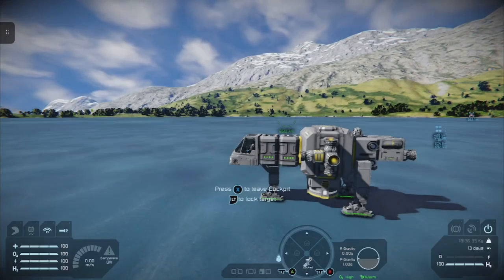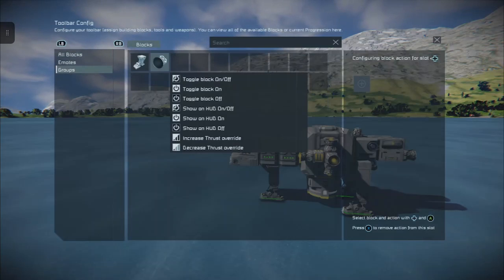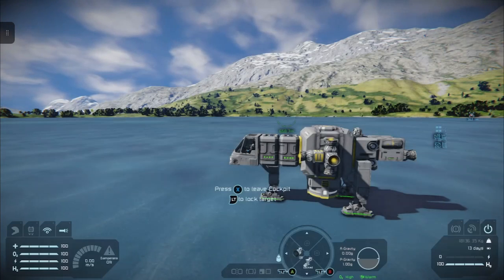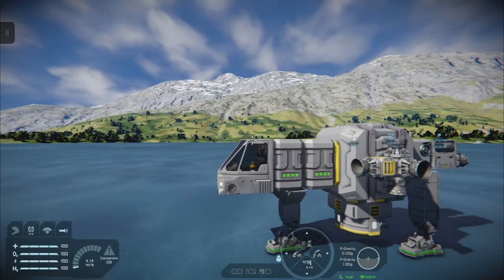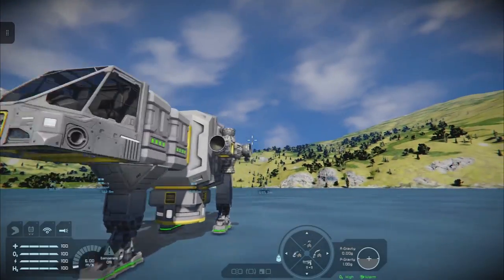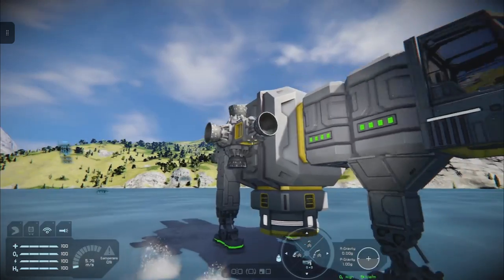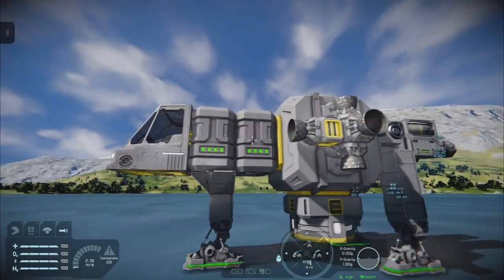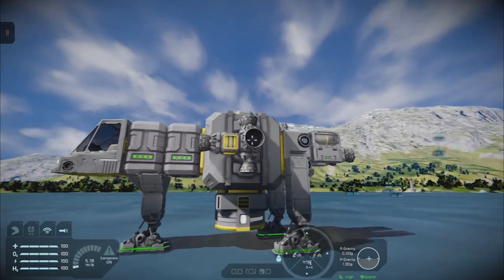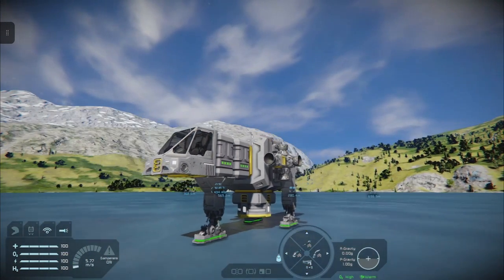You probably want them on left on the D-pad. Go to groups again, this time thrust, toggle block on off, and then you can conserve fuel by turning them on and off. And yeah, that is your little basic tutorial on the flow of hydrogen for small grid and how to build this little contraption here to make a little hydrogen